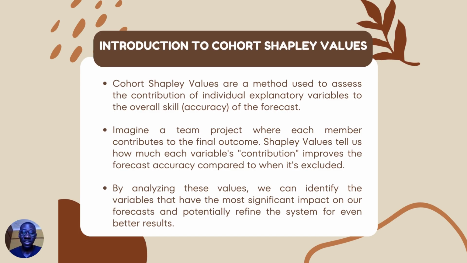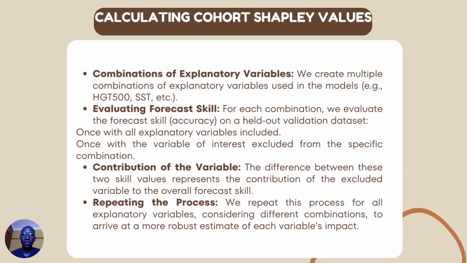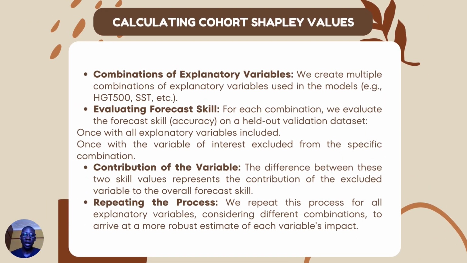If we continue, then they use the Shapley value. The Shapley value is a method used to assess the contribution of individual explanatory variables to the overall accuracy of the forecast. Here they analyze values, and they identify the variables that have the most significant impact on the forecast, and potentially refine the system for even better results. If we continue further, we can look at how they calculate these values. It's a combination of variables. They evaluate the forecast skill and the contribution of each variable independently, and then they keep on repeating